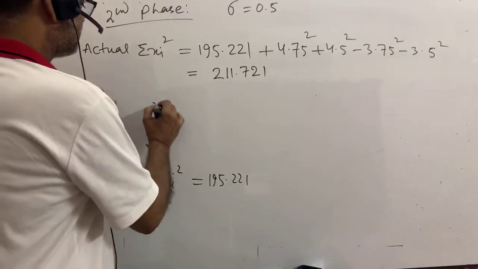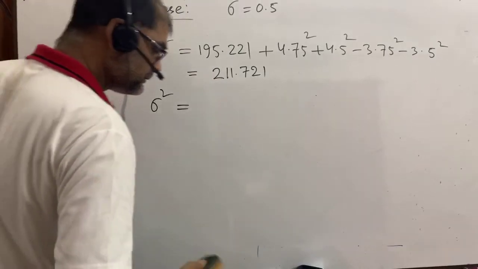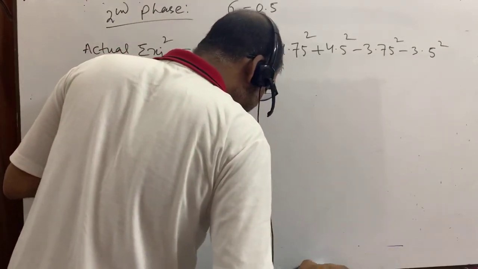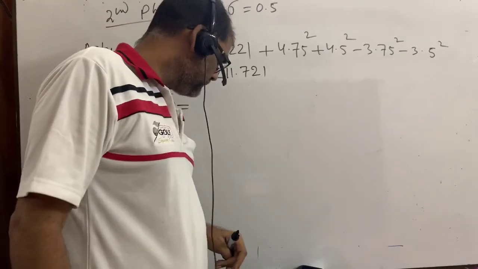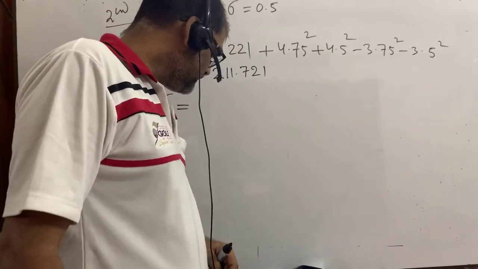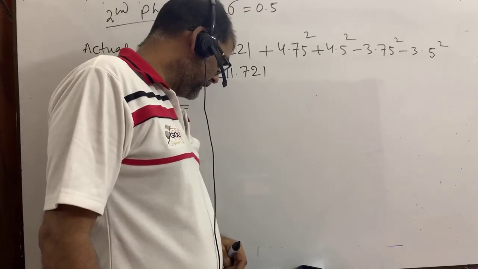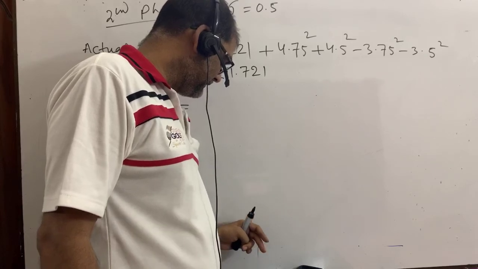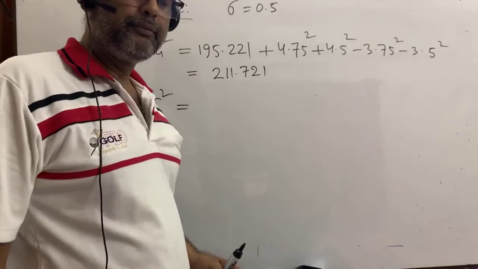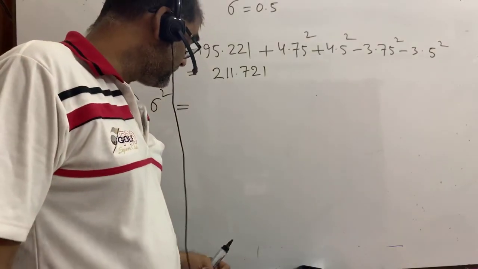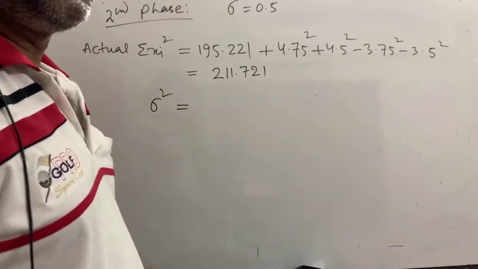Therefore, sigma square equals what? Someone has written 195.221. Yes, Sajid Doha, then Sajidul Amin, then Muhammad Zunayat. That's good, you have written very nicely. Thank you very much. I am very pleased with those who are cooperating. Okay, thank you. I salute you all that you are cooperating.